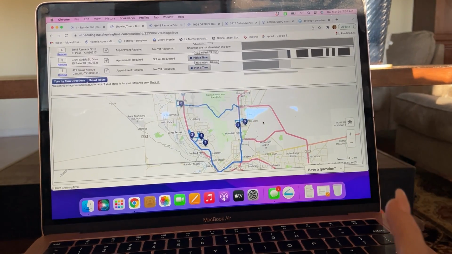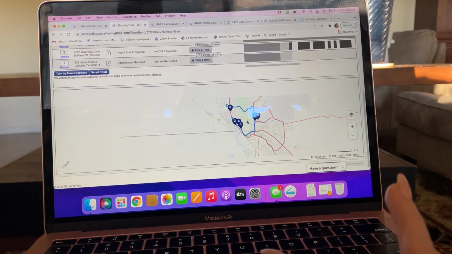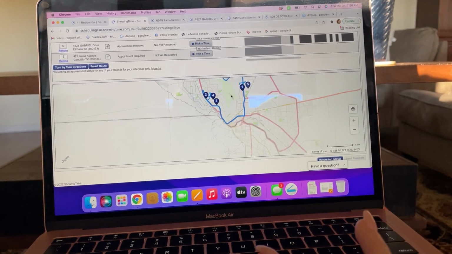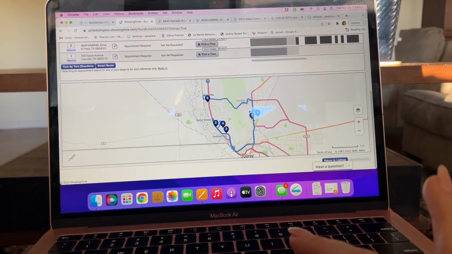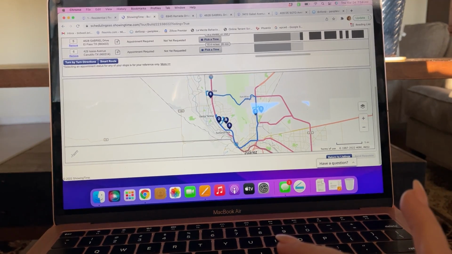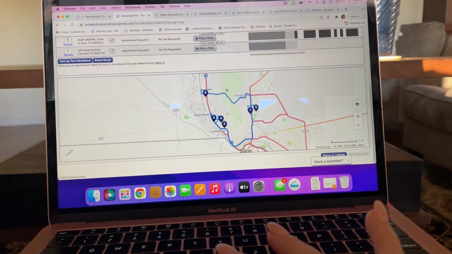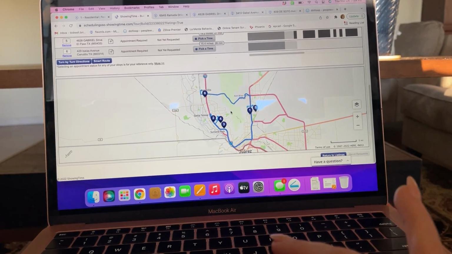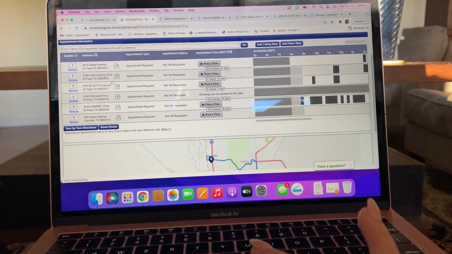Okay, so a couple of things. Now we see, obviously, we don't want to go from here. This is showing me number 1. This is showing me number 2, 3, 4. Come back over here for 5 and then back for 6. Obviously, that's not the most logical route. So what we'll do up here is,